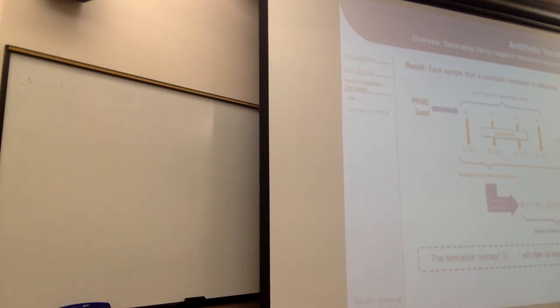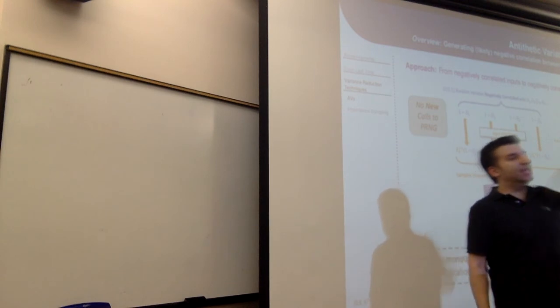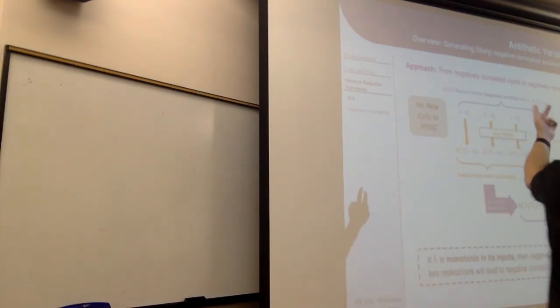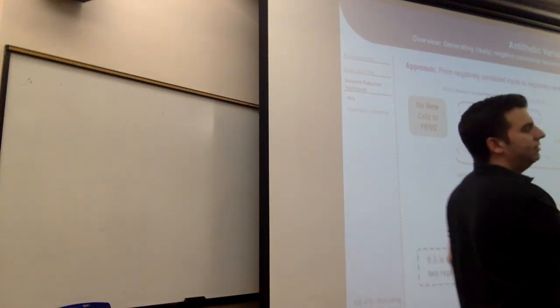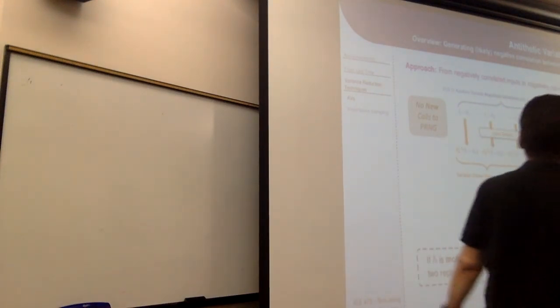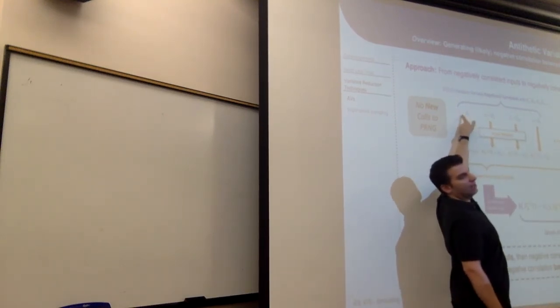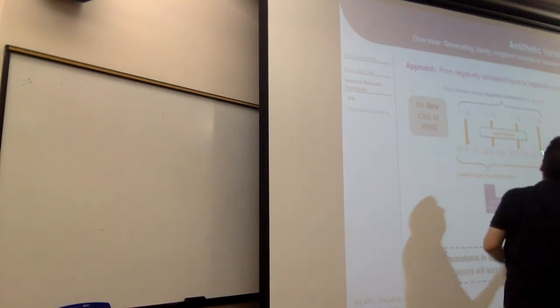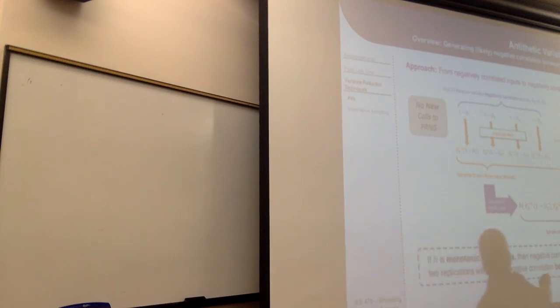Because now that we've run one replication, we can then run a second replication where we get rid of the random number generator. And we just take a copy of all of the uniformly distributed random numbers that we drew in the last replication, and we take their complements. We do 1 minus that. These numbers are still uniformly distributed between 0 and 1. But now, if U1 was really close to 0, 1 minus U1 will be really close to 1. So I have induced negative correlation in the inputs of this simulation model.